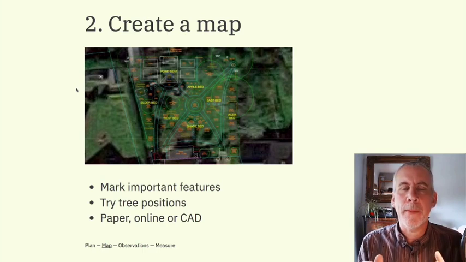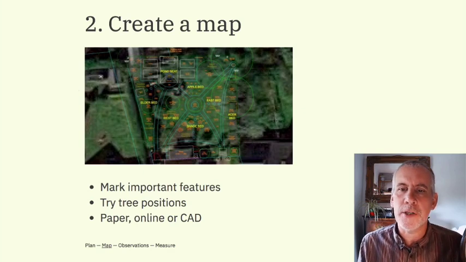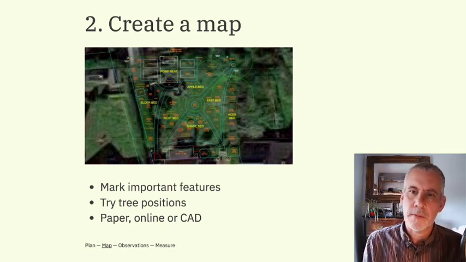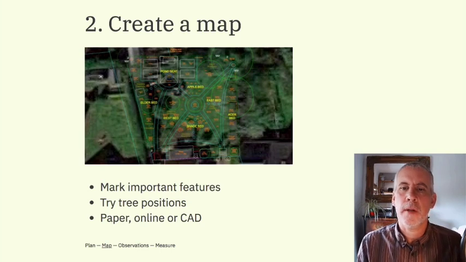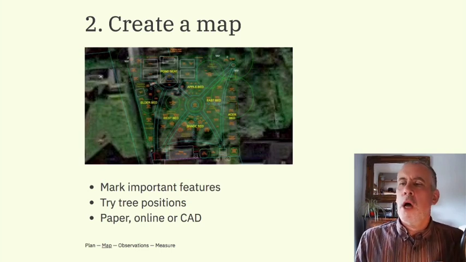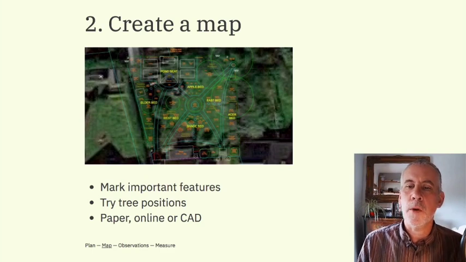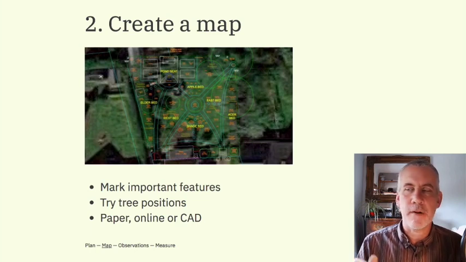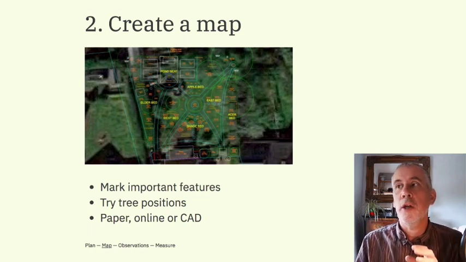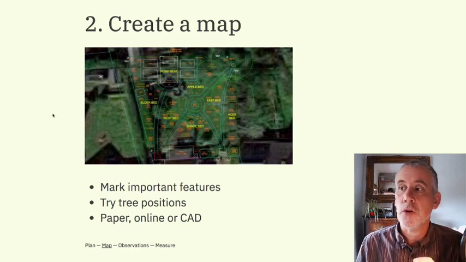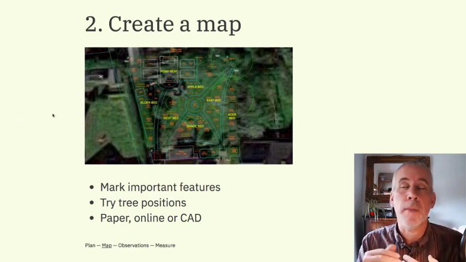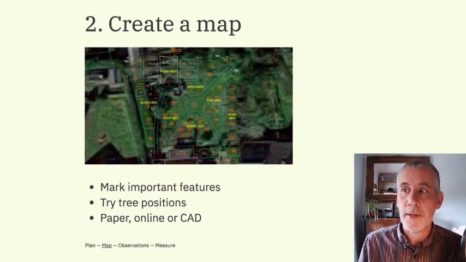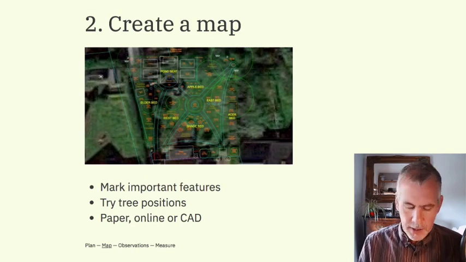So what you're actually doing with the map is, firstly, you're marking important features. You're adding observations. So I can write this down. Functions of map. Add observations. So you're marking the important features of the observations that you're making, where the telegraph poles are and the telephone lines, and so on. And then, really importantly, you're trying out different positions. You're moving things around on the map to try them out in different positions on the property. So you're trying different positions for trees. And finally,